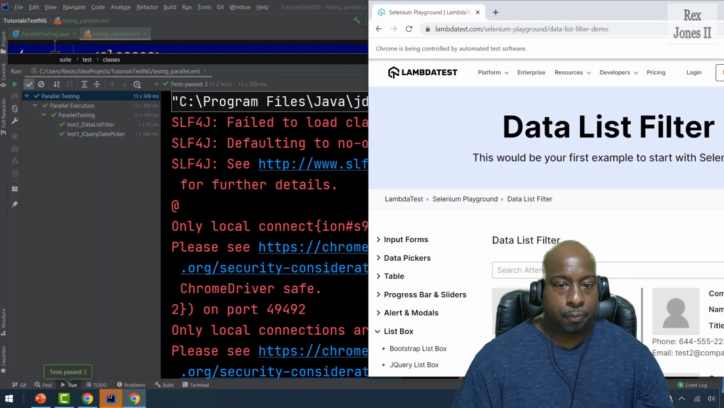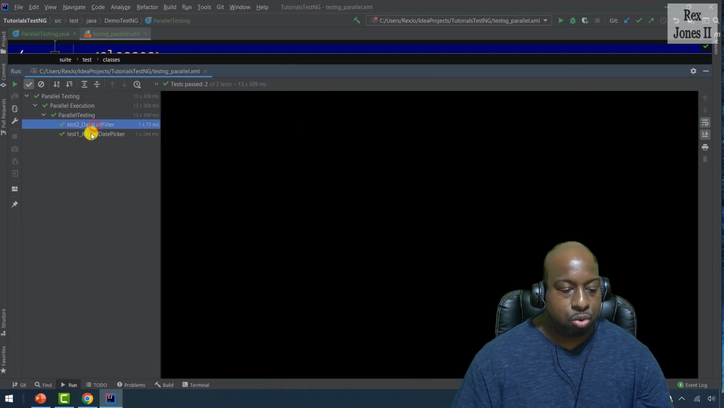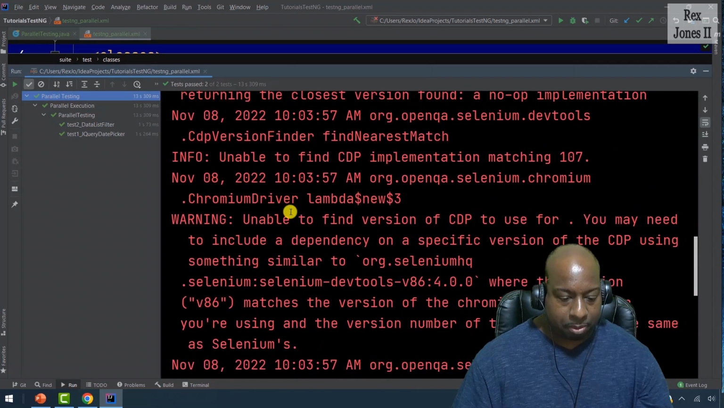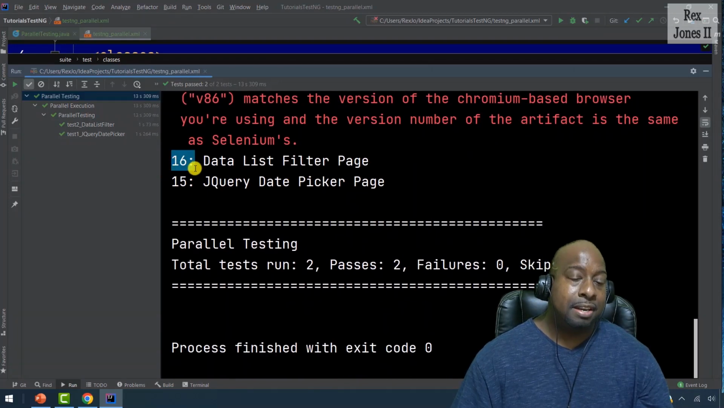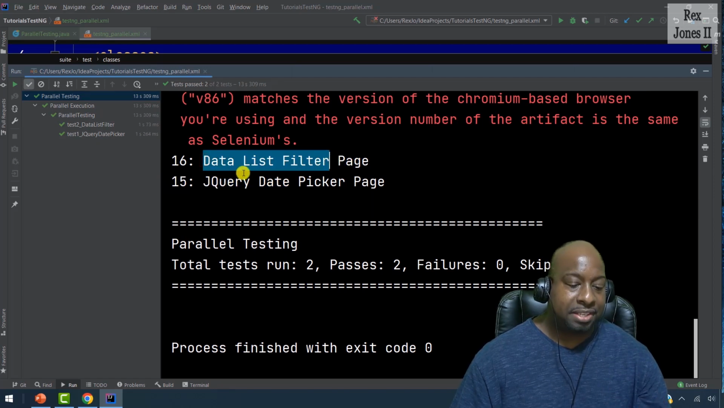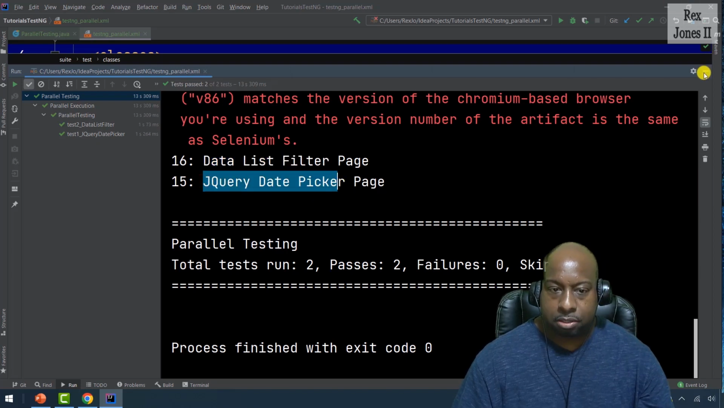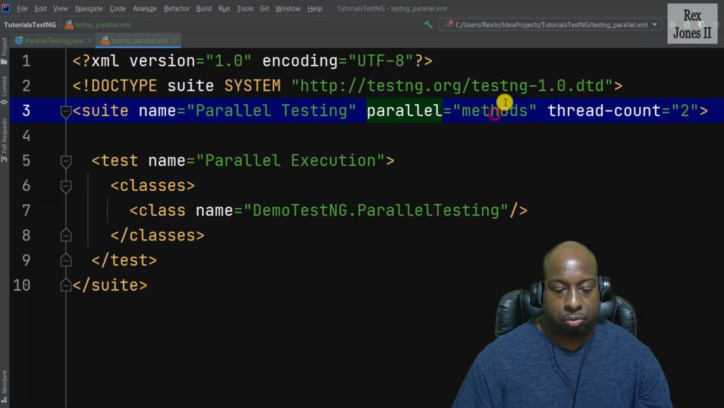The run window also shows both executions, test 2 and test 1. In the console, we should see 2 print statements with different thread IDs. Bingo. Thread ID 16 and thread ID 15 before the page name of data list filter page and jQuery date picker page. Next, we're going to change the parallel value to